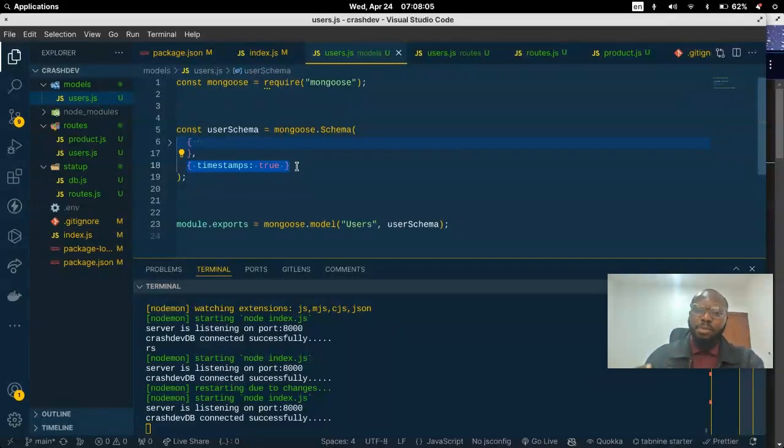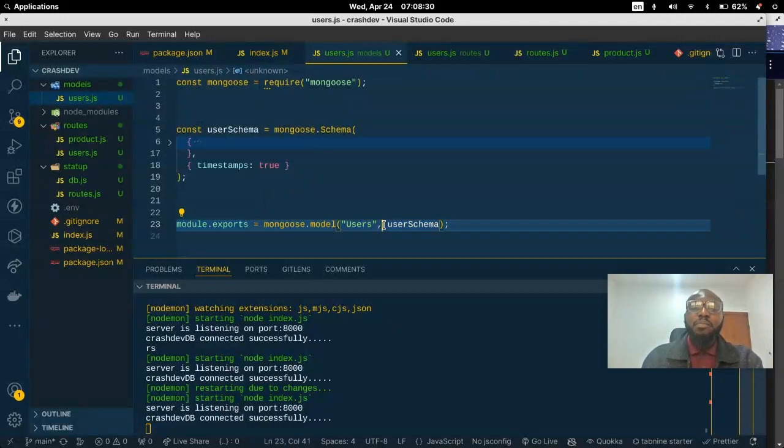When it's updated, maybe there's a put or a patch request. Of course, we dealt with what that actually means. The timestamp is also updated per the interaction with a particular document. So after that, of course, you will have to export it in order to use it. But then in exporting it, you have to attach it to the